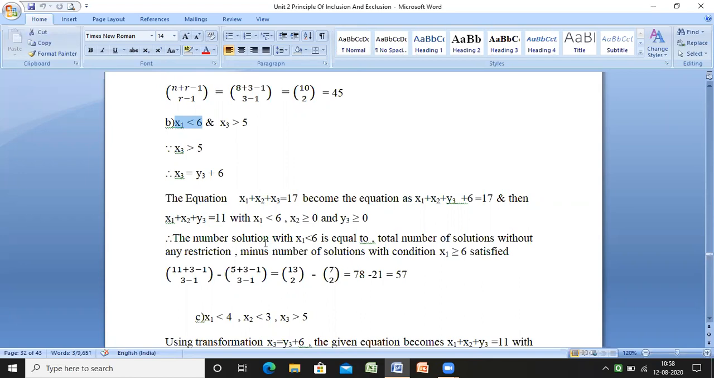And the total number of solutions without restriction, how many n values are there? The n value is 11. The number of terms is also 1, 2 and 3. So what we get is 11 plus 3 minus 1. That value we get. And again they have mentioned the condition that x should be less than 6. So we put that value, less than 6 means 5 values over there, and simply by getting that value, 13C2 and 7C2, and if we solve that,